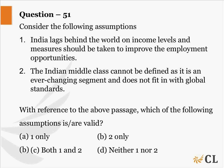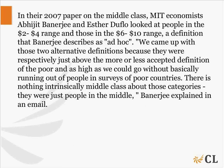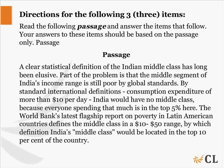Okay, Y2 is wrong. Fine, good. The Indian middle class cannot be defined as it is an ever-changing segment and does not fit in with the global standard. So what do I have to see? The definition of Indian middle class, and the reason. A clear statistical definition of Indian middle class has long been elusive. What does that mean? It means that you have never understood it. Okay, and my option says